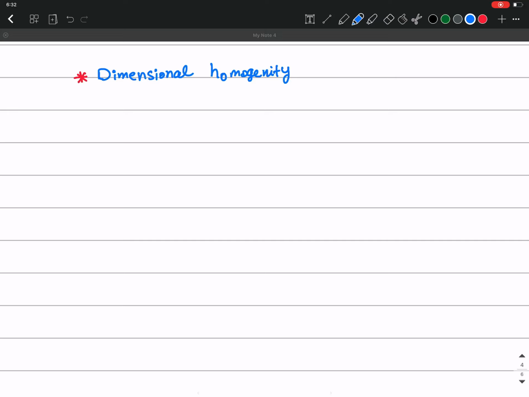Okay, so let's get started with this dimensional homogeneity. This is very important for any equation, any physical equation in the world. Doesn't matter what equation that you solve, we have to make sure about the homogeneity of the dimensions on the right hand side, left hand side, and different terms of any equation. Okay, so for any